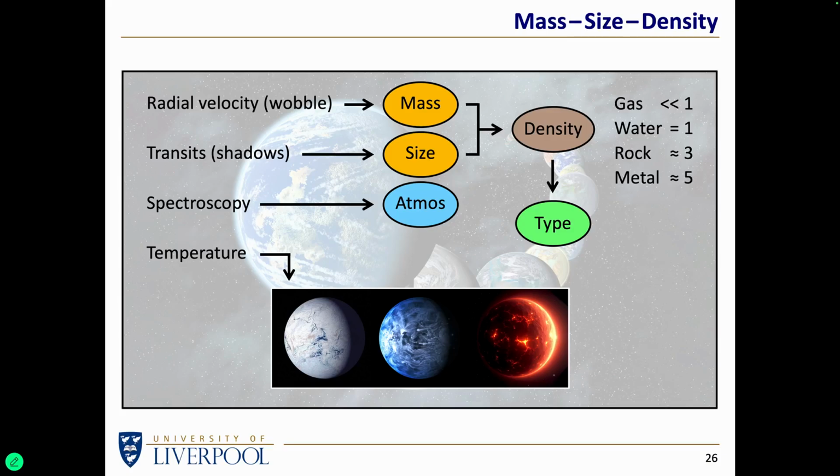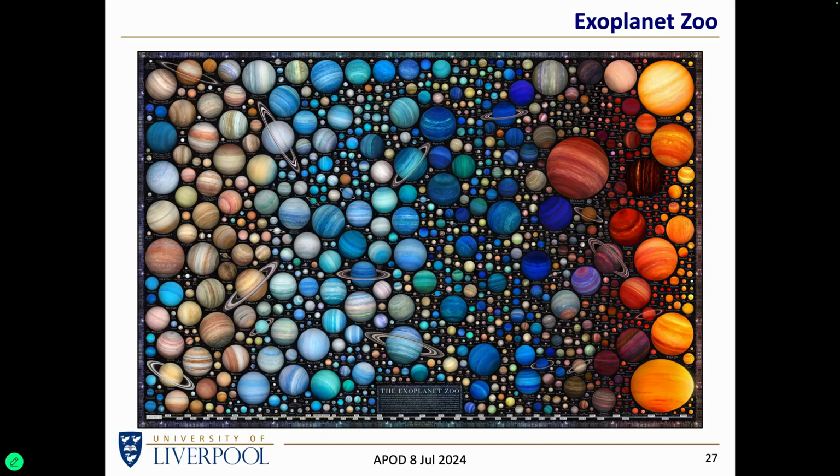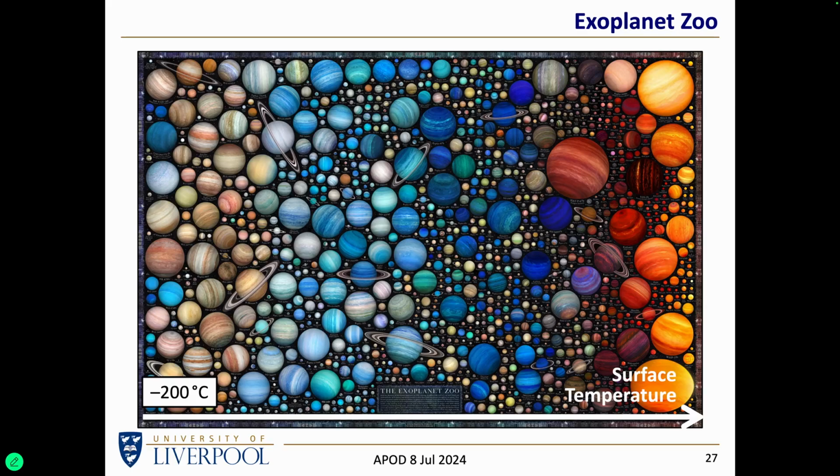So we have a lot of information in principle if we can study exoplanets by more than one technique. And we have found lots of them. This graphic indicates something like 1,000 different exoplanets, all shown approximately to scale, where they are arranged left to right on a temperature scale. The ones with the lowest equilibrium temperatures on the left and the highest temperatures on the right. So these are the temperatures that an object would reach, ignoring the fact that if a planet like the